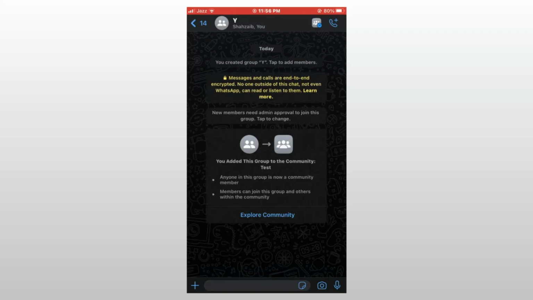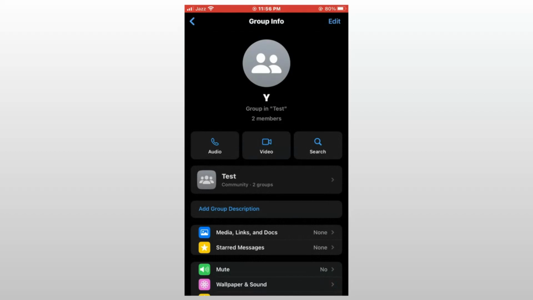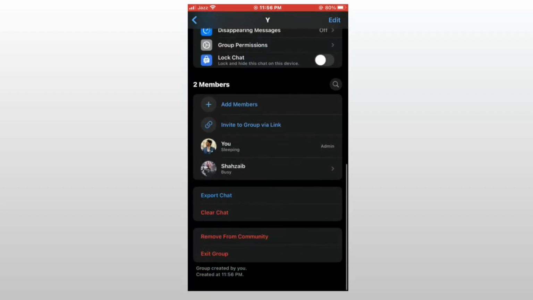And here, this is the conversation. Then go to the banner in the top. And here, if I scroll down a bit, the members of the community will be shown. Of course, whichever people you invite to the community will only be visible to you as the admin and won't be visible to